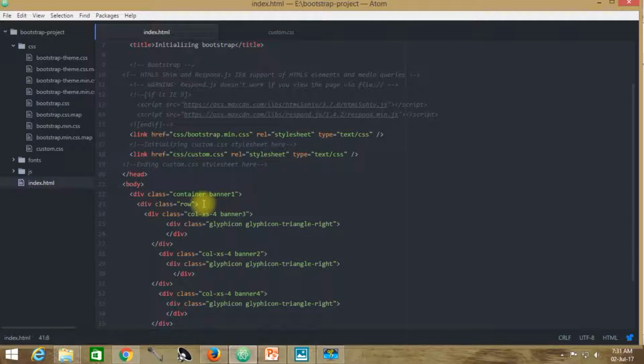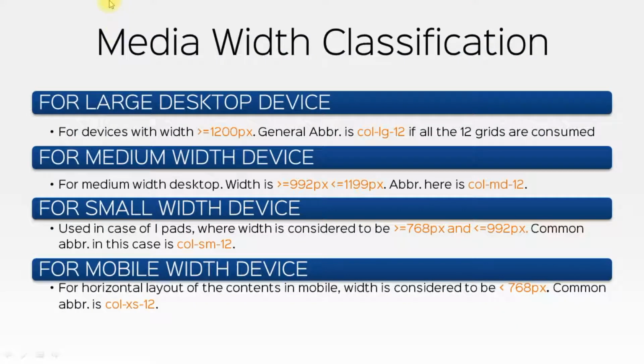In understanding this, you need to understand Bootstrap device width detection. This is the media width classification. So here are the specification or classification of those particular widths that will be used over here. For larger devices, the minimum width will be 1200 pixels.